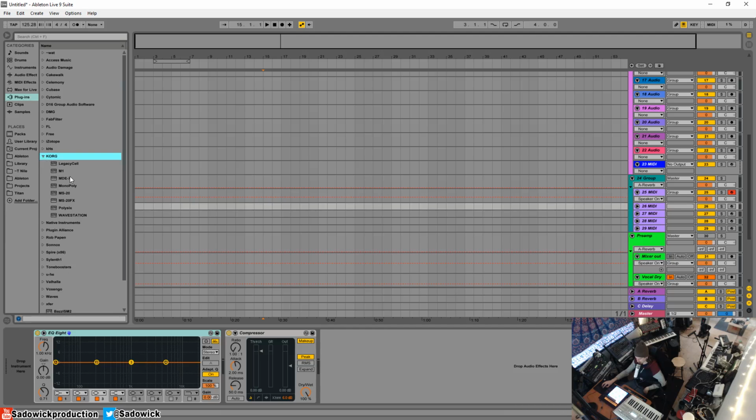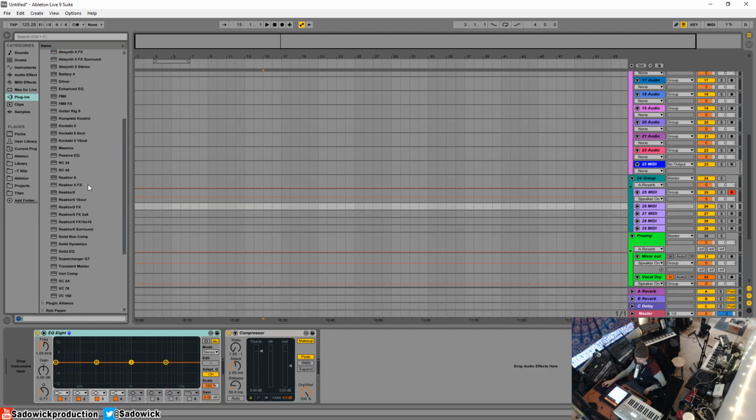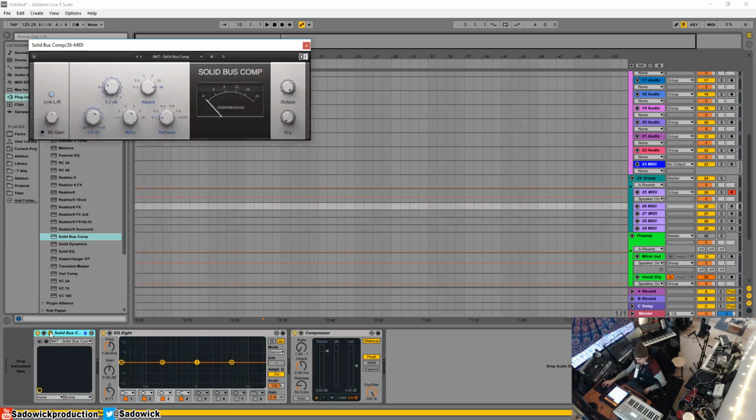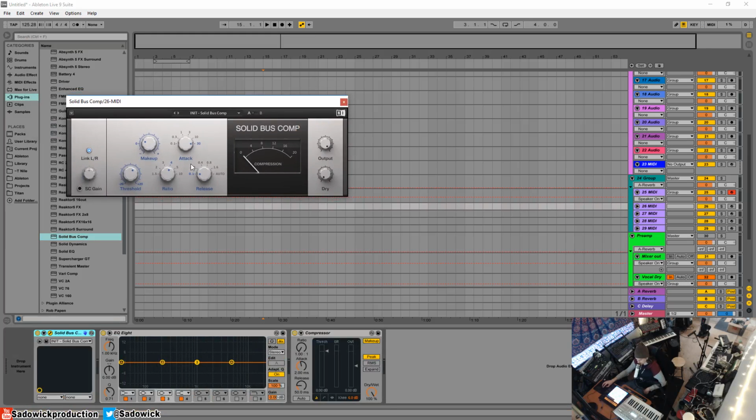Korg, the Legacy Collection. You've got to have the M1 and maybe the MS-20. Native Instruments have them rocking Komplete 10, I think. I don't have the box with me. Somewhere around here, a plethora of plugins. Battery, Driver, Reverb 2, Reactor 6, Reactor 5, Solid Bus Comp, which is actually pretty good in terms of